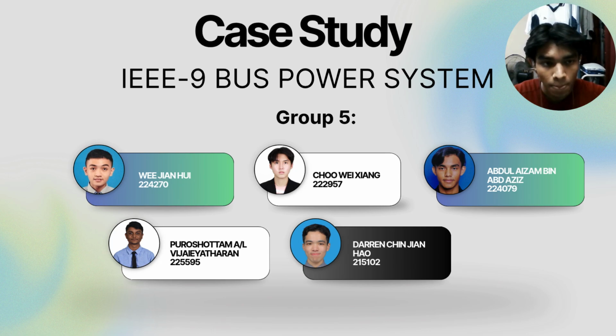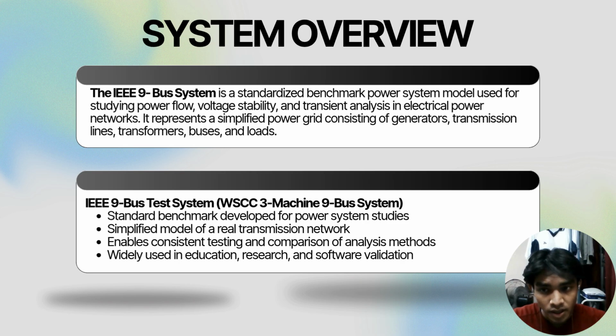So the IEEE 9-bus test system, also known as the WSCC 3-machine 9-bus system, is one of the most widely used benchmark models in power system engineering. It represents a simplified electrical transmission network that captures the essential characteristics of a real power system while remaining compact and easy to analyze. It was developed to provide researchers and engineers with a standardized power network for testing and